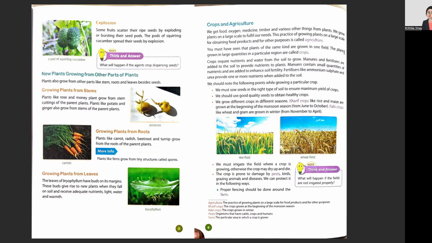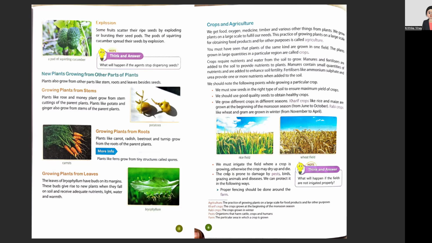We must note the following points while growing a particular crop. We should sow the seed in the right type of soil to ensure maximum yield of crops. We should grow good quality seeds to obtain healthy crops. We grow different crops in different seasons. Kharif crops like rice and maize are grown at the beginning of monsoon season from June to October. Rabi crops on the other hand like wheat and gram are grown in winter from